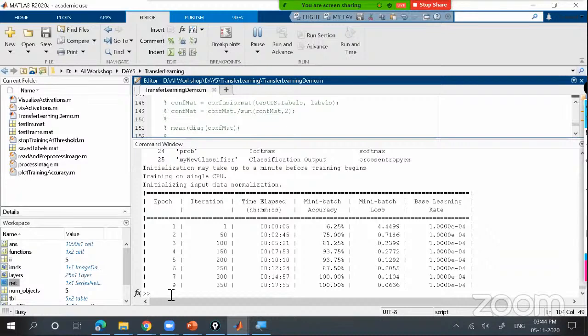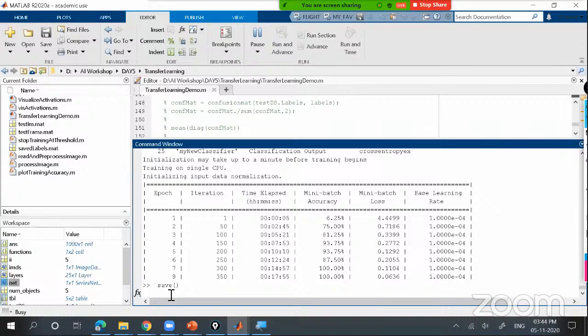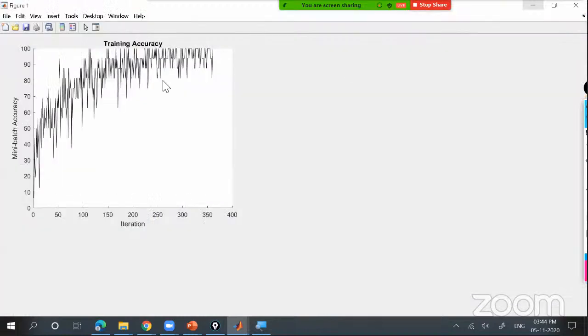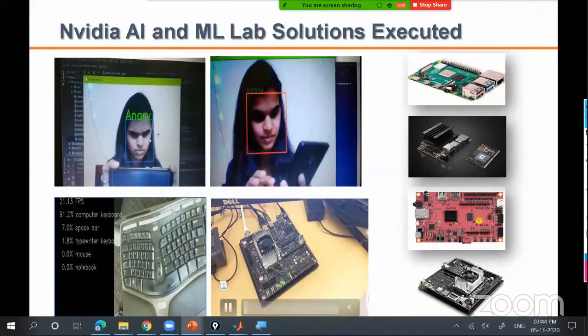Right? I can just go here and say save, and then save it in the bracket. Now you can see it would save that entire mat file. Okay, let it save itself. Now this is the accuracy which we had gotten. Now once this is done, if you take this further,